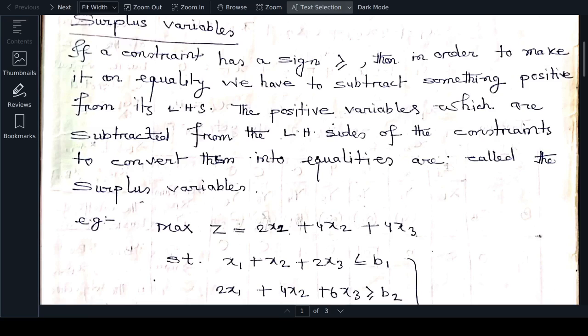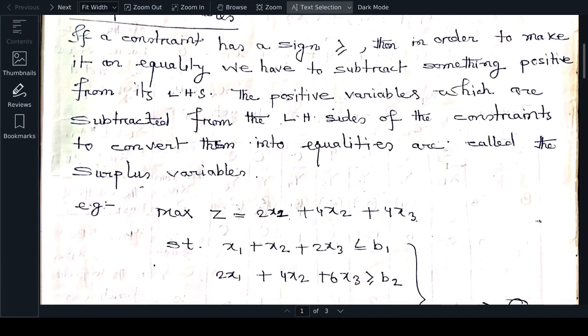The definition is: if a constraint has a sign greater than or equal to, then in order to make it an equality, we have to subtract something positive from its left hand side. The positive variables which are subtracted from the left hand side